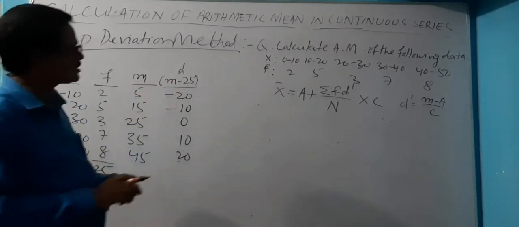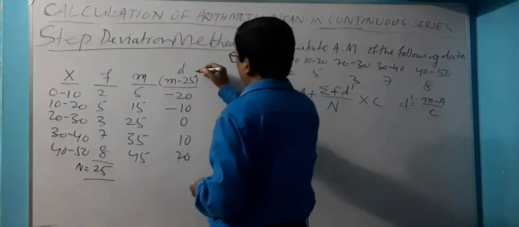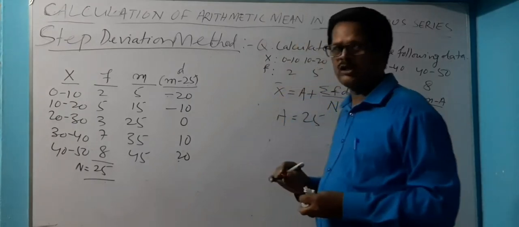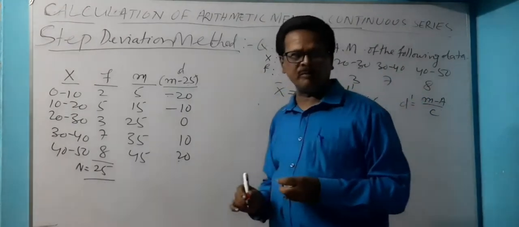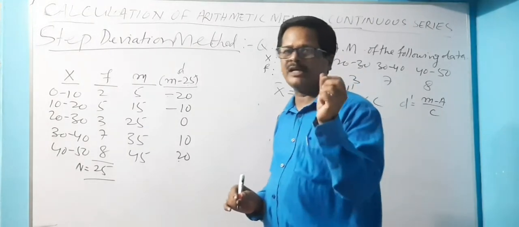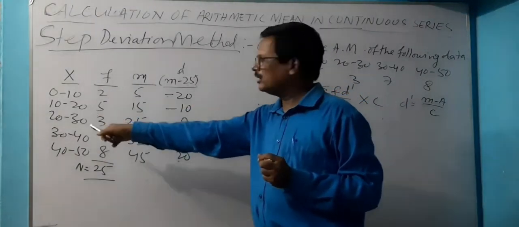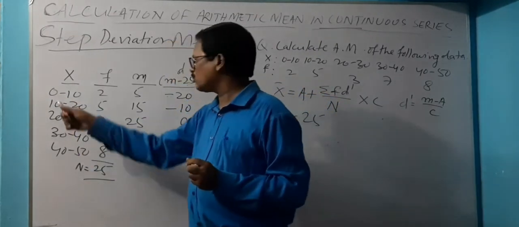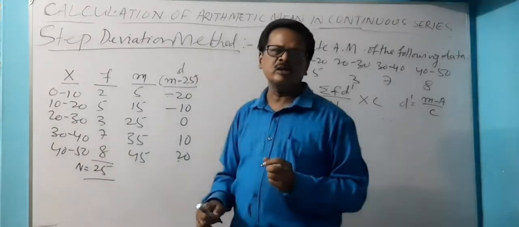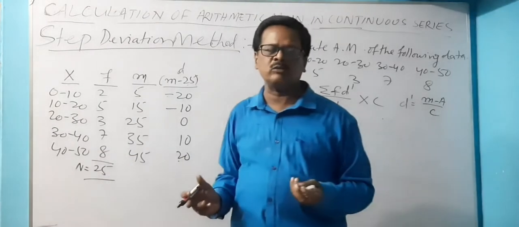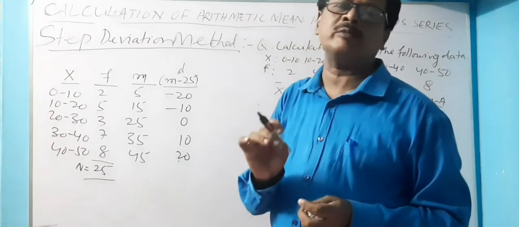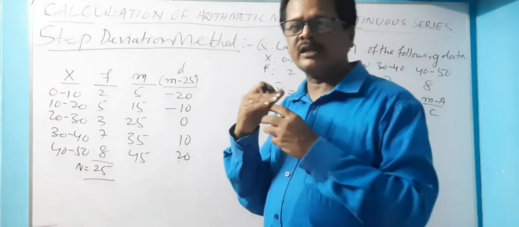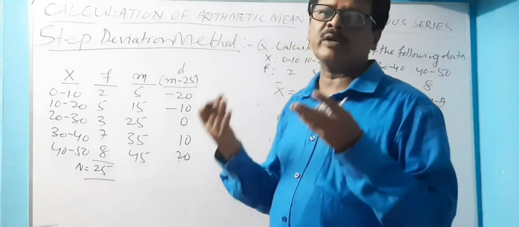Here also, let us take a is equal to 25. I have already told you that a, or assumed mean, can be taken as mid value. It is a mid value in the x distribution, in the x series. In the x column, what is the mid value? 0 is the lowest value and 50 is the highest value. So the mid value naturally is 0 plus 50 by 2, that is 25, but exactly 25, there is no secret that you will take 25 as a. You can take 22, you can take 26, or you can take 30 also.